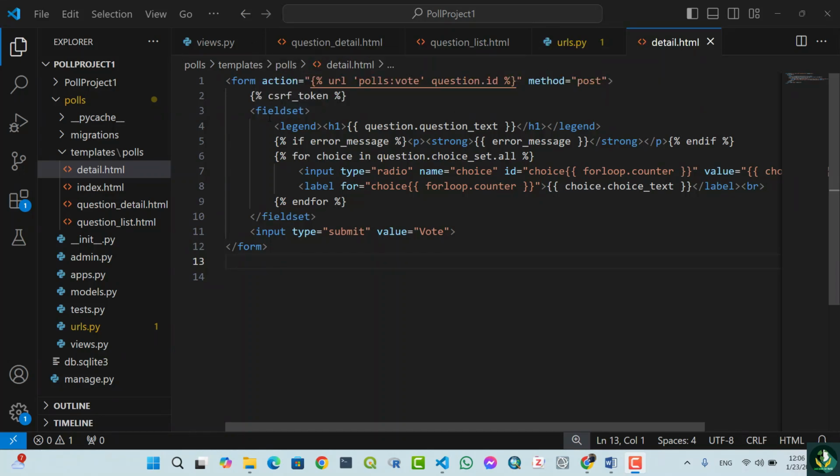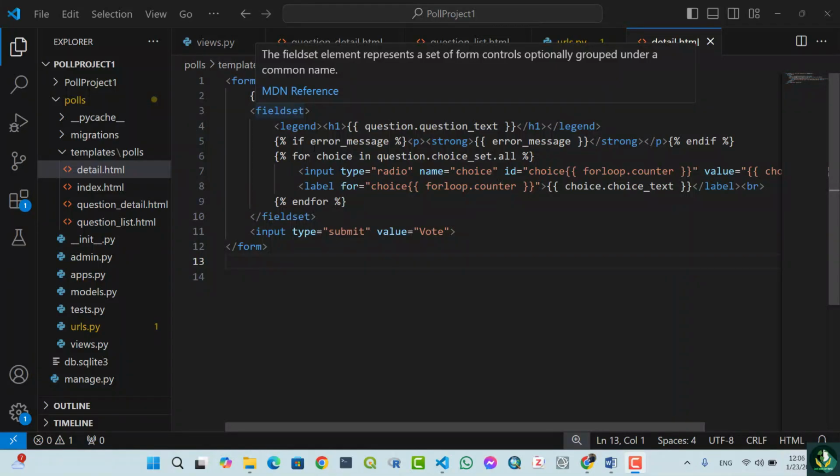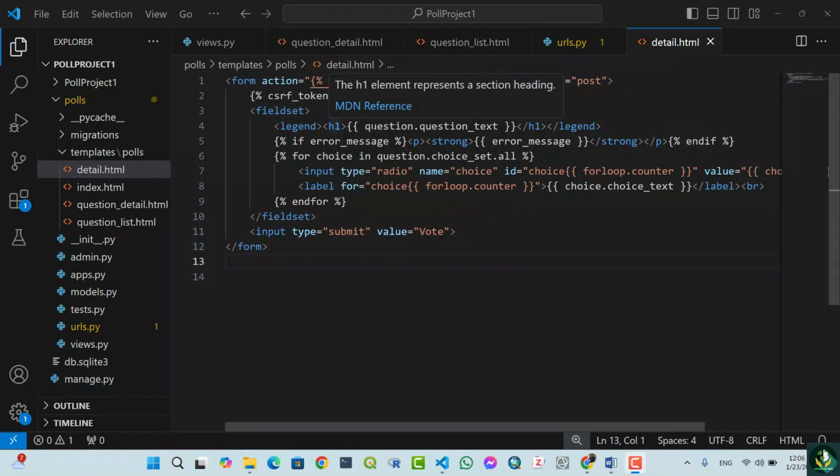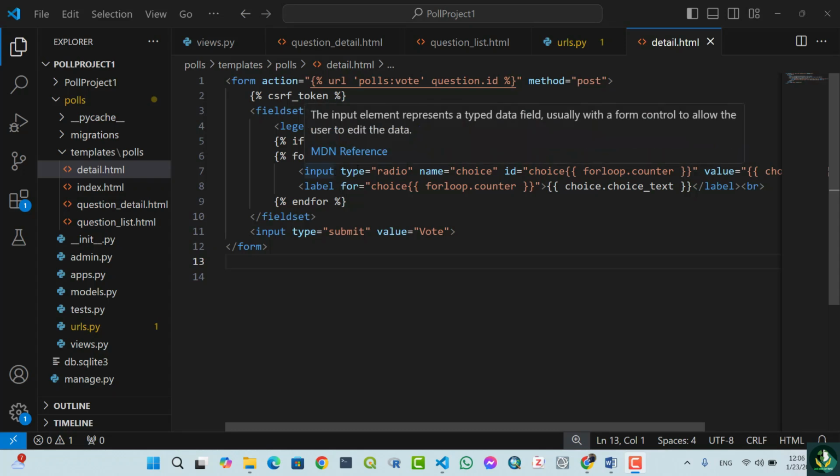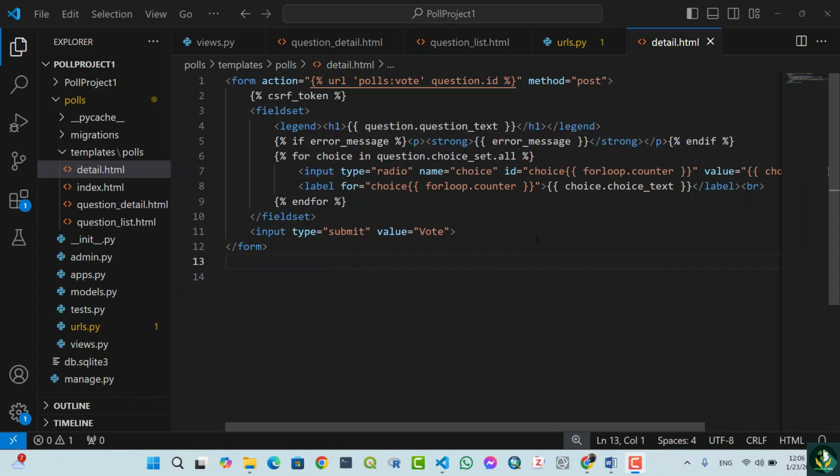CSRF token, then fieldset, legend, h1, question_text, closing h1 and legend. After that, if error_message, paragraph, strong, error_message, closing strong and paragraph, and endif, and for choice in question.choice_set.all